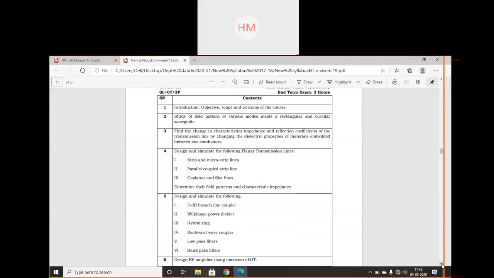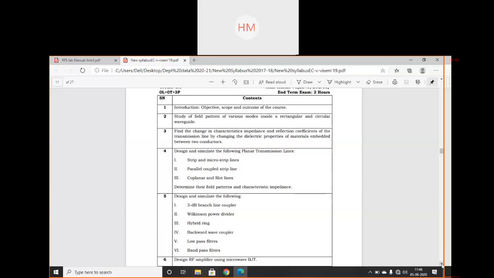Next, we have many applications of microwave engineering. We can design many structures to transmit power, to divide power, and to design filters. The filters you studied in DSP in second year, various types of filters using active and passive components, operational amplifiers, diodes, capacitors, resistors, were designed for a very low range of frequencies.